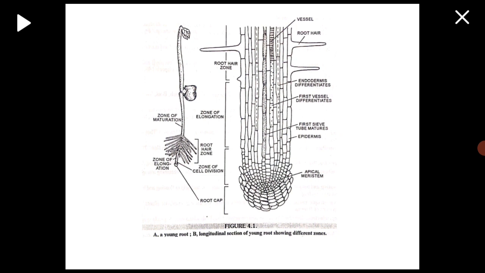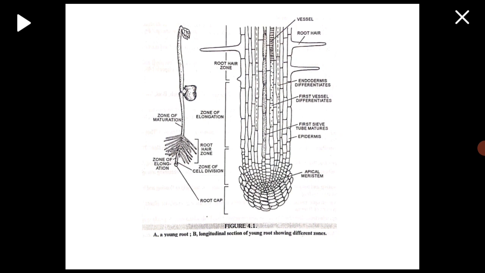Root performs two kinds of functions: primary or the main functions that are performed by all the roots, and secondary or accessory functions performed by a few specialized modified roots. Primary functions: one is the anchorage. The roots anchor or fix the plant body to the substratum or the soil and provide mechanical support to the aerial part of the plant.